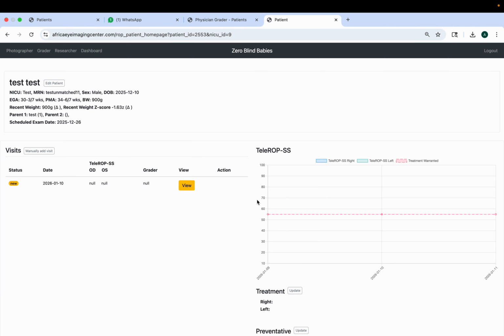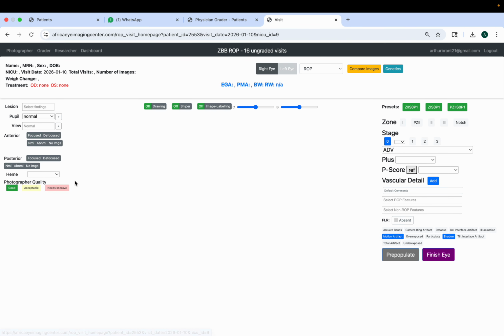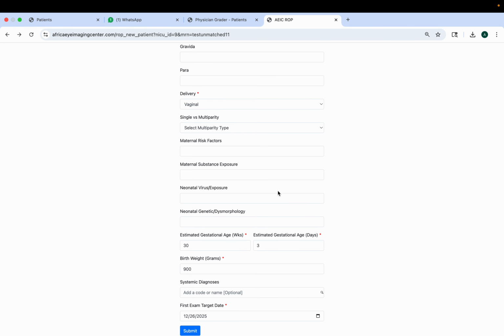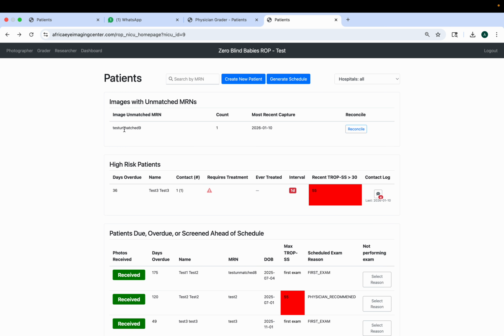Beautiful. So that is when you upload photos for a chart that doesn't yet exist, and we want to merge in those photos to a brand new chart that you just created. And now we can see them there. Beautiful. And we go back here, and now there's just that one last one. So the third scenario is where you uploaded photos, they don't join to any chart, and the reason is that